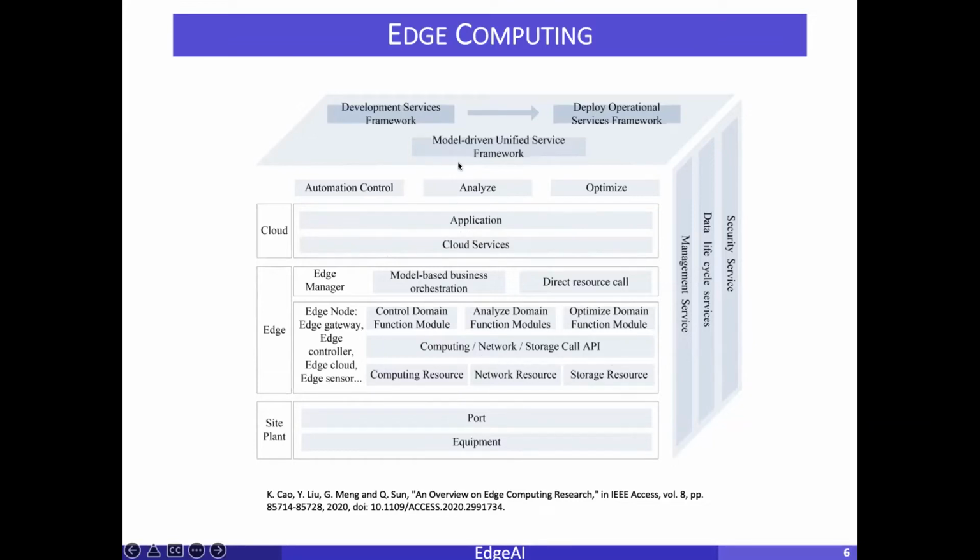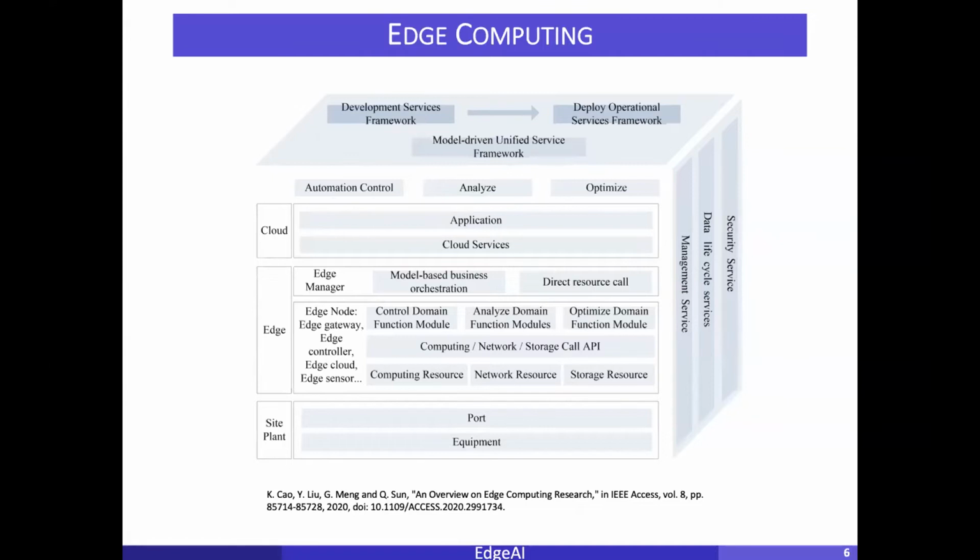So basically, you will have a unified service framework. What that means is, any service that we deploy on the edge is like a first level of support. Typically, when we bring any product and there are issues, we first go and talk with the first level call center, and if they are able to answer it, we are done. Otherwise, we move it to the second level. This is the same thing.